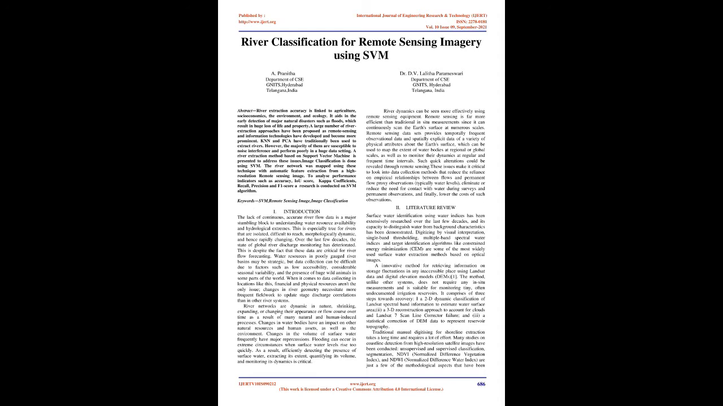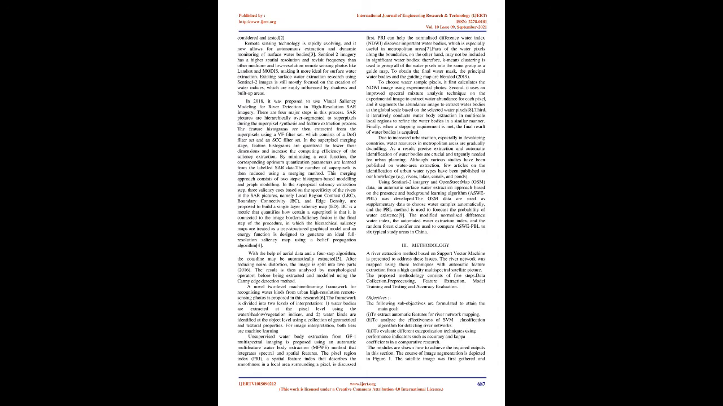River networks are dynamic in nature, shrinking, expanding, or changing their appearance or flow course over time as a result of many natural and human-induced processes. Changes in water bodies have an impact on other natural resources and human assets, as well as the environment. Changes in the volume of surface water frequently have major repercussions. Flooding can occur in extreme circumstances when surface water levels rise too quickly. As a result, efficiently detecting the presence of surface water, extracting its extent, quantifying its volume, and monitoring its dynamics